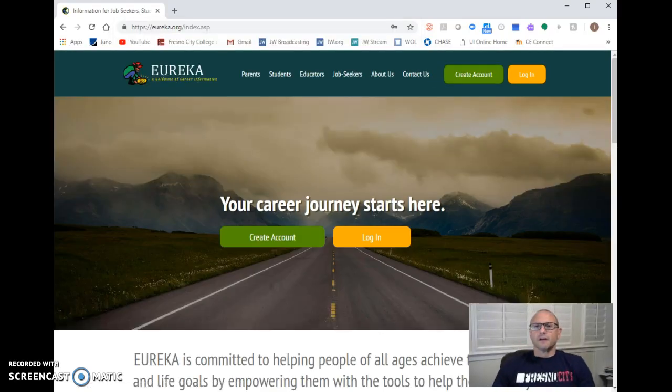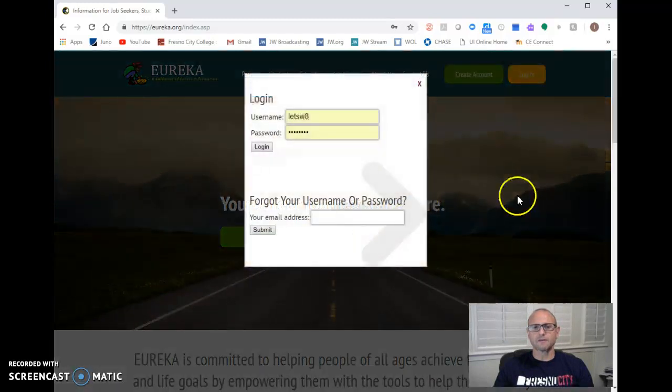Now, if you've never been on this website, you're going to create an account, and I have a link on this page to download the instructions. You will need a code to place in your registration that you'll need from me and from the college. Not just anyone can get onto this website. So you'll create an account. I already have an account, so I'm going to go ahead and log in